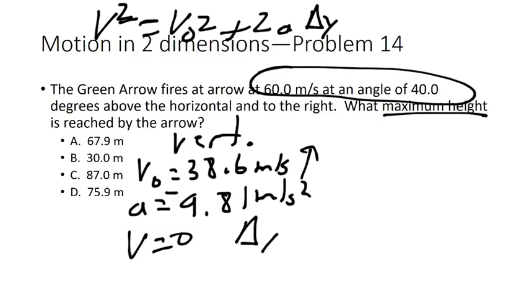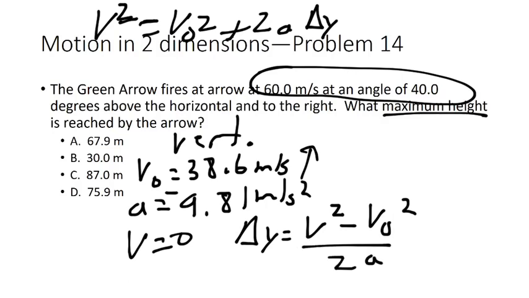So delta y is going to equal v squared minus v0 squared divided by 2a. So in this case, we're going to end up with v squared, 38.6 squared, and that's meters per second squared, minus v0 squared. V0 was our initial,